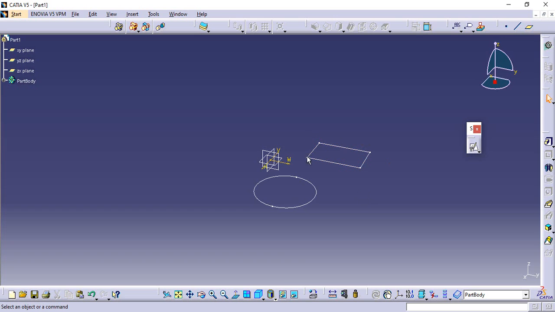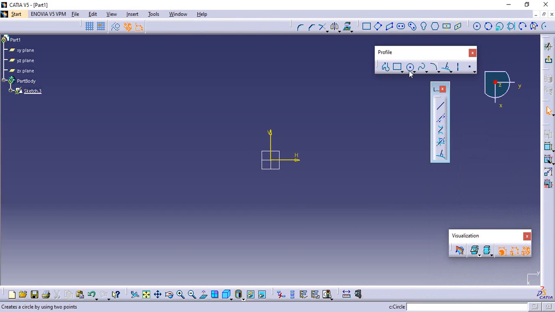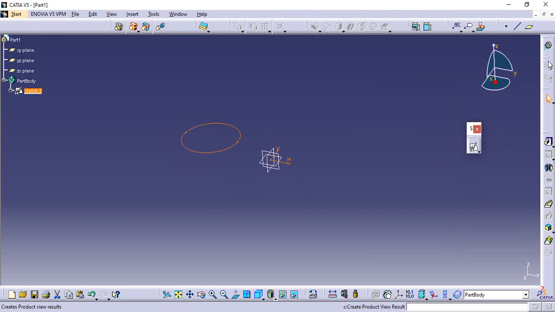Now the benefit of the Position Sketch is this. Once again I'm going to explain: top plane, Position Sketch, orient your axis, swap. If I create in the fourth quadrant, the figure will come in the fourth quadrant in the 3D space.